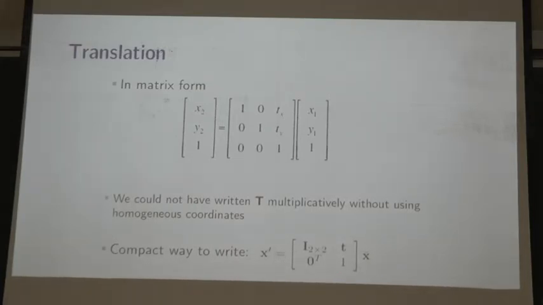Just a word on notation. People write these things compactly in different ways. The textbook that I showed you, the Hartley and Zisserman text, often uses this type of notation. To write this 3 by 3 compactly, they write identity 2 by 2, because this portion is identity 2 by 2, and then a vector t, because that's tx, ty. How do I know this t is 2 dimensional? Because this identity is 2 by 2. And then 0 transpose, where 0 is a vector because there are 2 zeros, and then just a scalar 1. This is just a compact way to write transformations. It's nothing but notation so that I can write things more compactly.